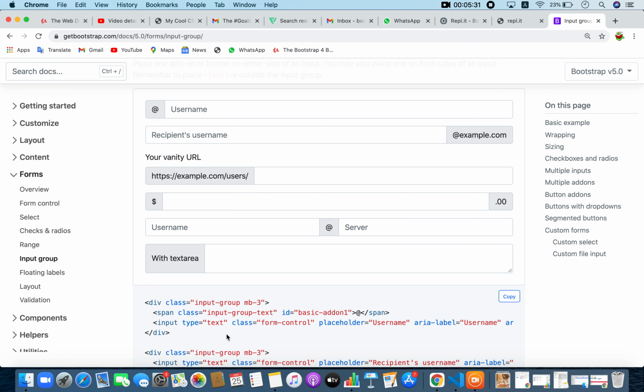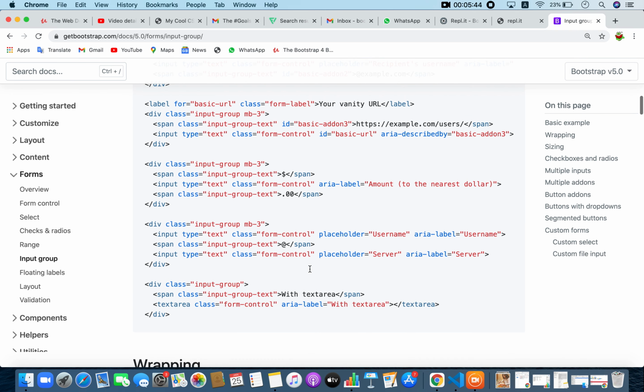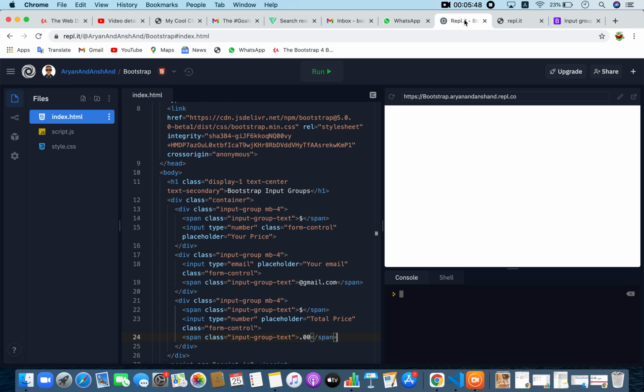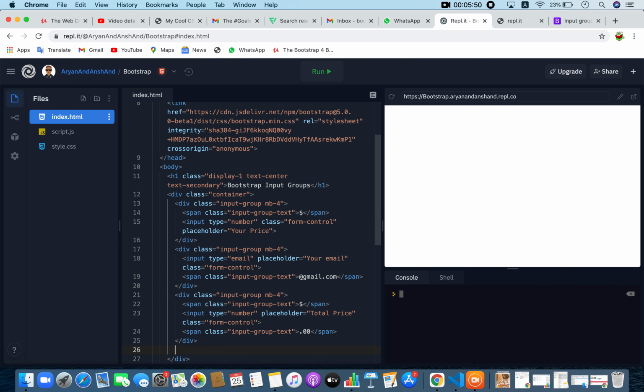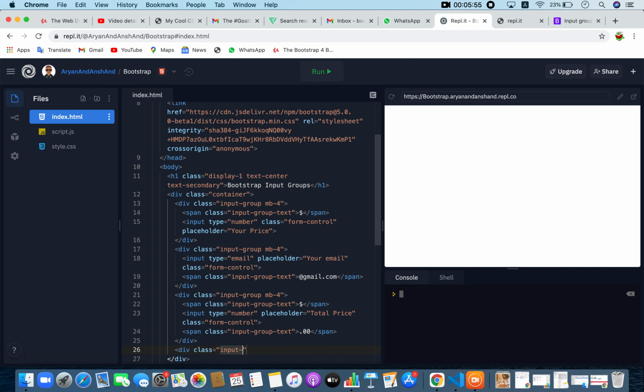Now you can do this with the text area, it's the same. Then there is this one, username and server, where you put an input group in the middle. Where is it? See, here it is. So how to do this? You create a div with the class of input group.